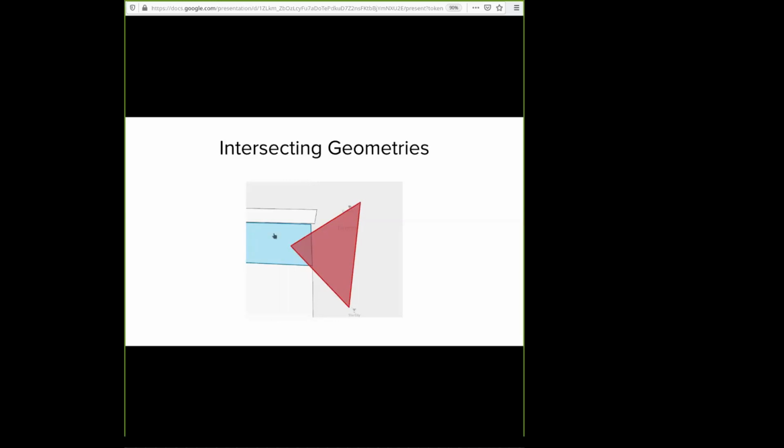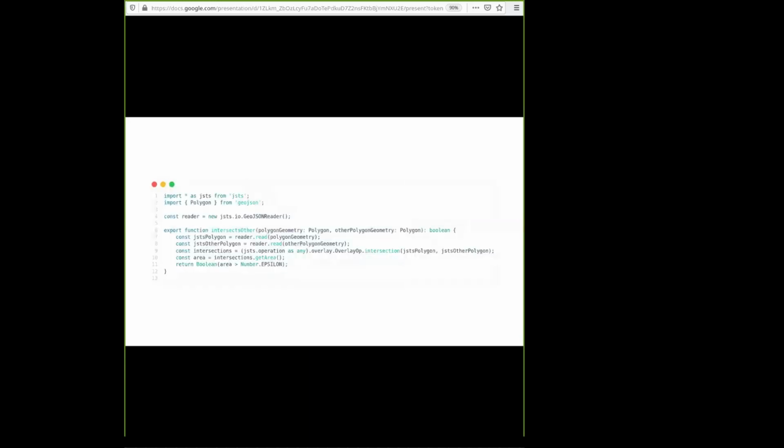It's difficult to think of a scenario where a room would intersect into another room in real life. Most rooms are joined together via a wall or a door. They don't tend to intersect with each other. So this prevents that from happening, and we give this visual feedback to do that. And the way you do that is with